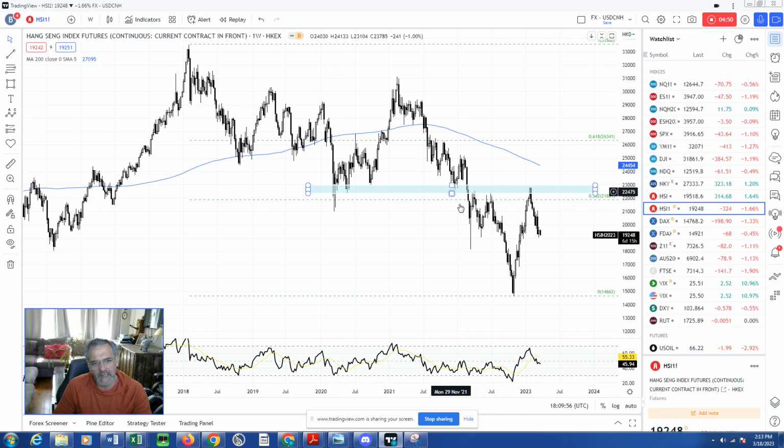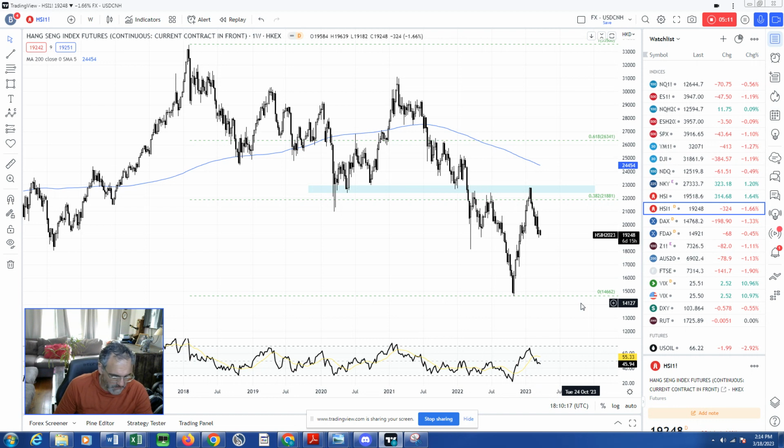I see this big decline, this big wave. You can label this a wave 3, and then this corrective wave higher, you can label that wave 4, and you see how it petered out against these lows here, right? So I think that this wave was corrective, and now I think that we'll resume lower.